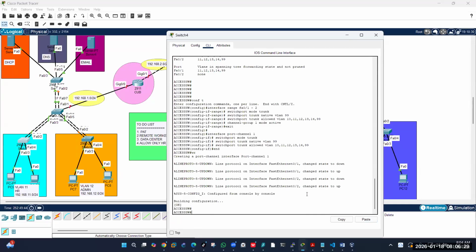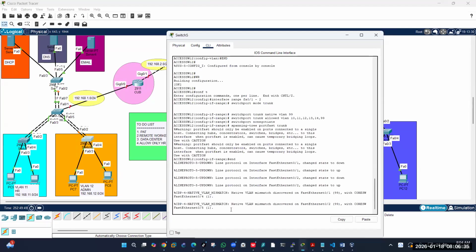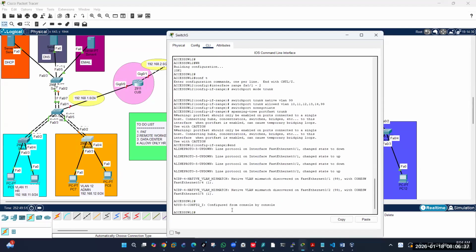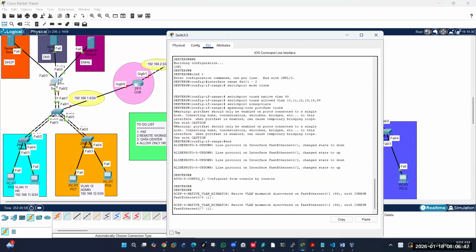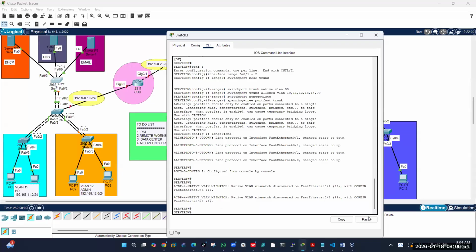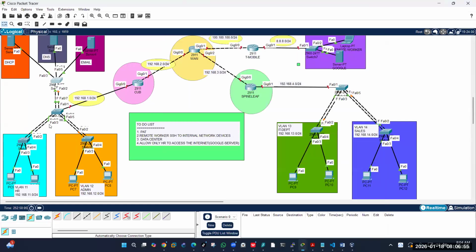Good on that. I'll go to this. I'll do the same thing with my EtherChannel. And this one to configure my EtherChannel. Then my EtherChannel will be configured between